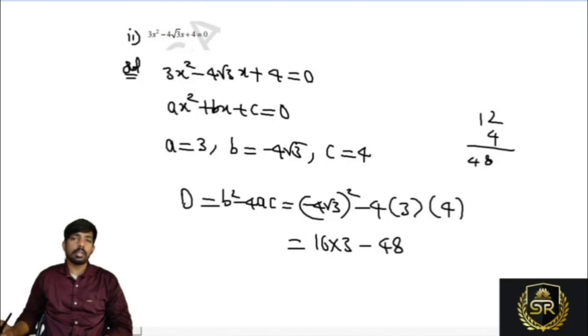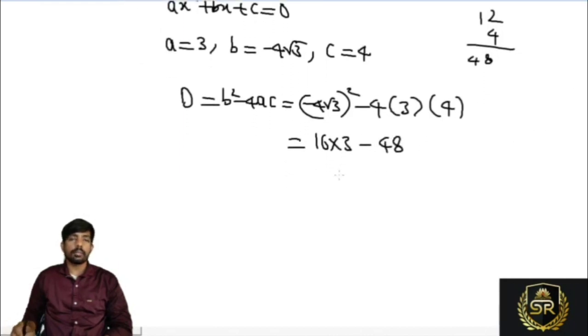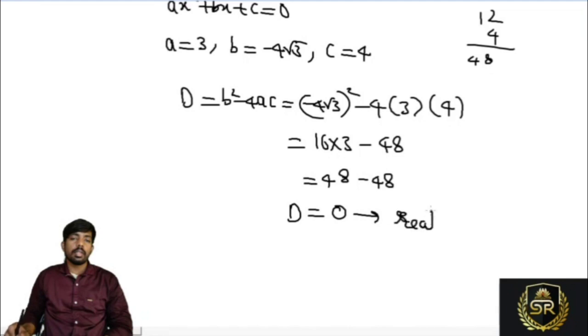So 48 minus 48 is 0. The discriminant equals 0, which means real and equal roots